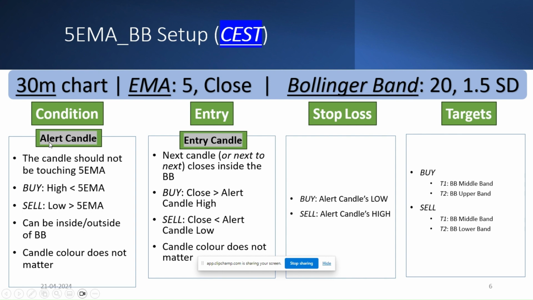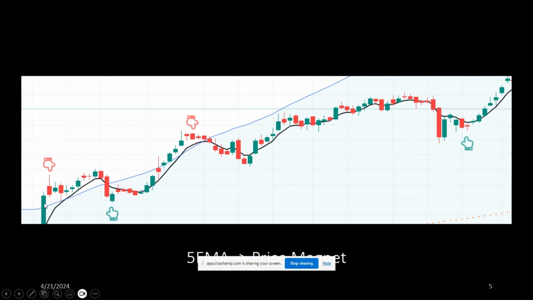C for condition, E for entry, S for stop loss, and T for target. Now this C, what is the C? The C is that the candle should not be touching the 5 EMA. What does it mean by should not be touching? It means